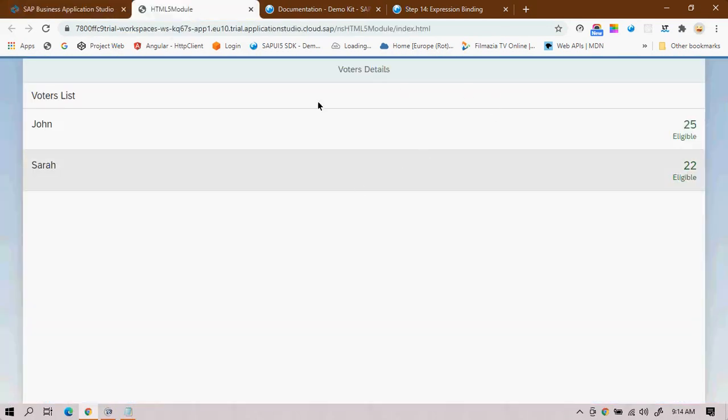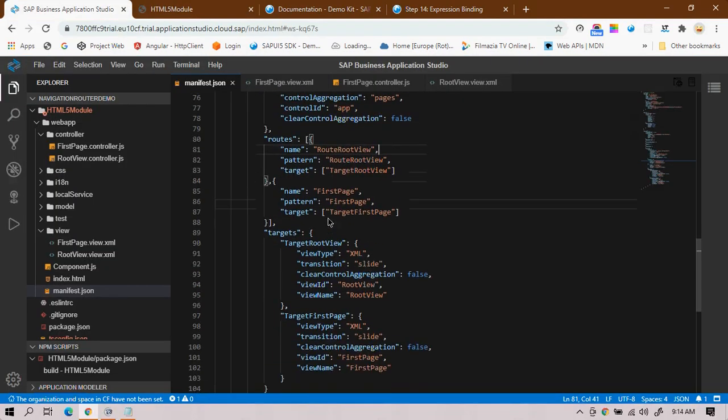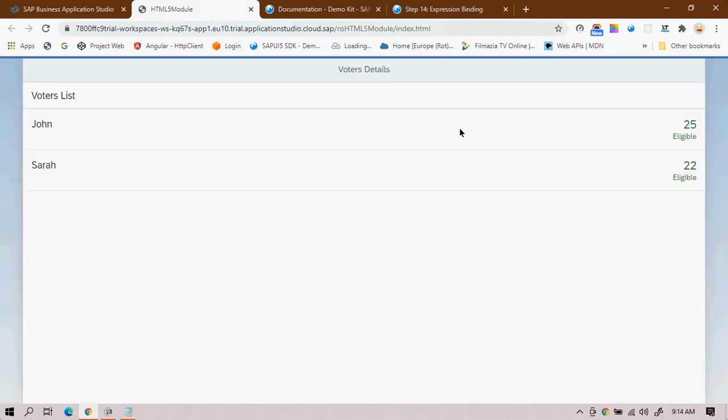But what I recommend is not to use the root view for any development. Keep it as a root view. So in order to make your first page appear when you reload the application, suppose I'm executing this application, I want the first page to be displayed rather than the root view.